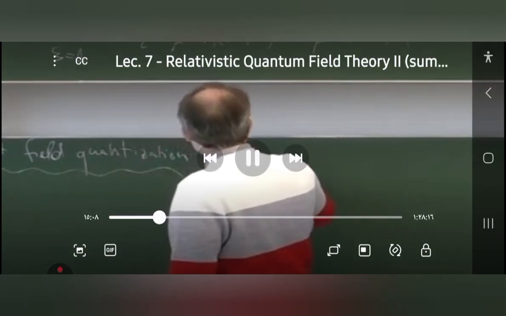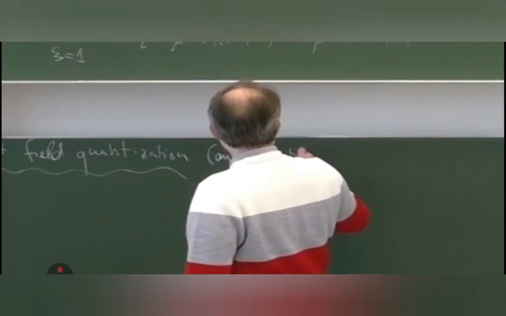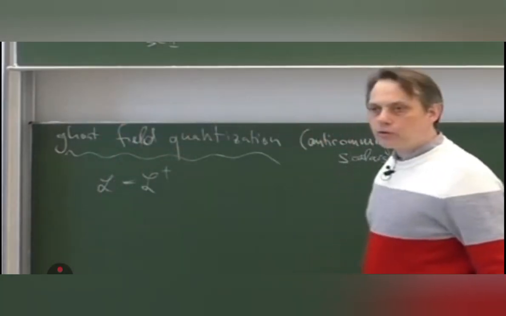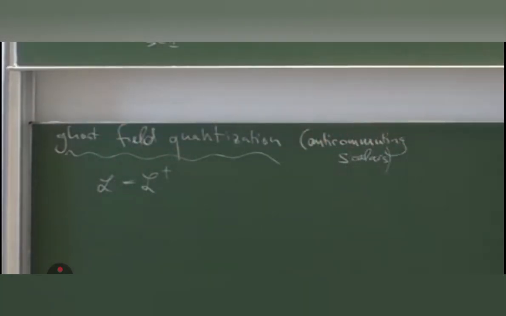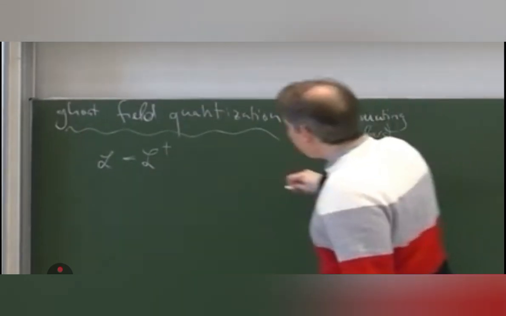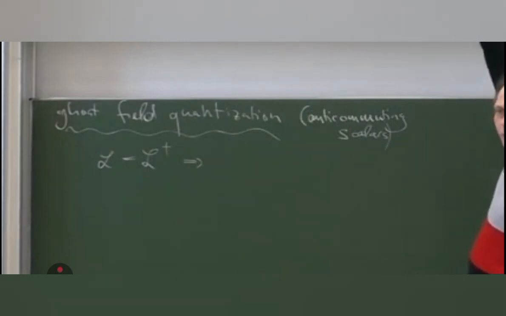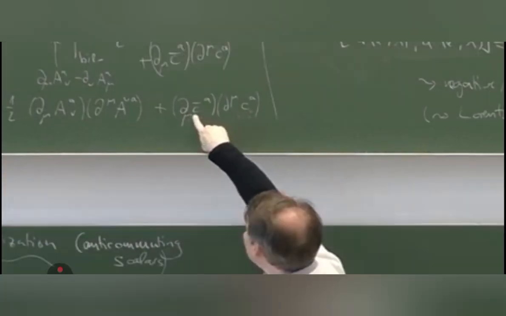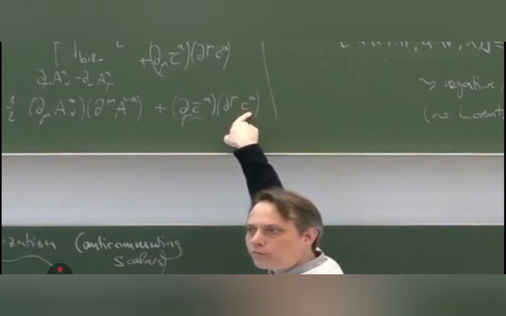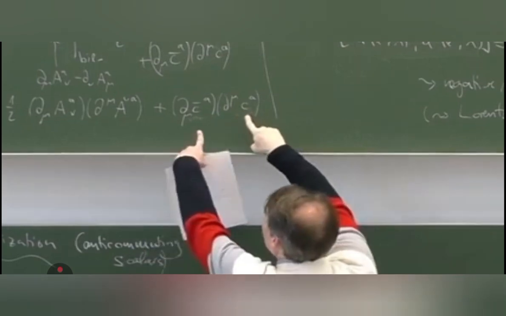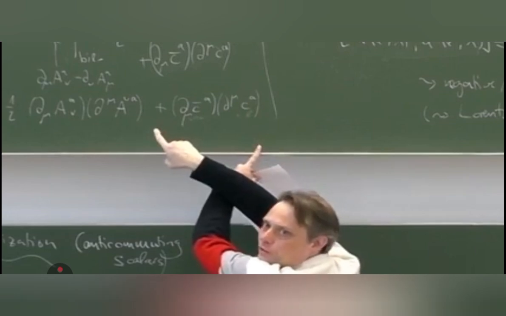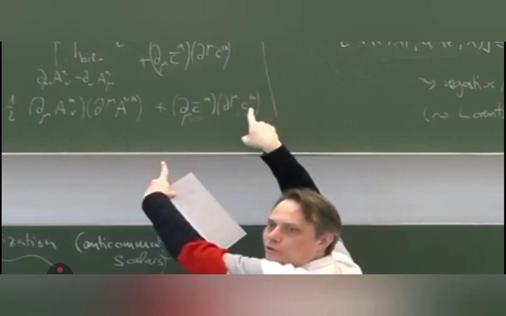So these are anti-commuting scalar fields. And let us begin by discussing briefly that the Lagrangian should be Hermitian, if you think of this as operators. If you want that the Lagrangian is Hermitian, and at the same time these are anti-commuting, then it's not correct to say that both C and C bar are Hermitian, like for normal scalar fields, because if you do the Hermitian conjugate, the order is exchanged, and in order to bring back the original order, you get a minus sign